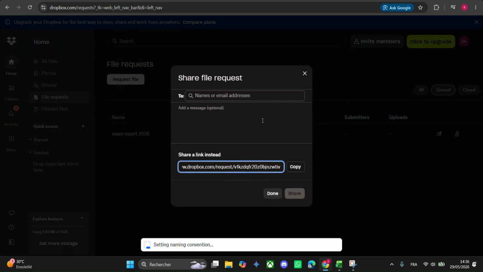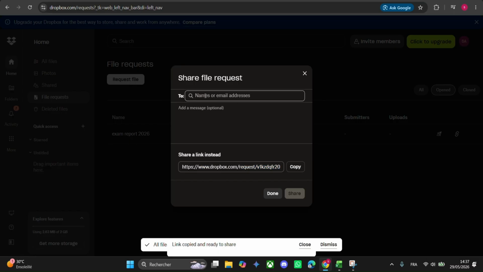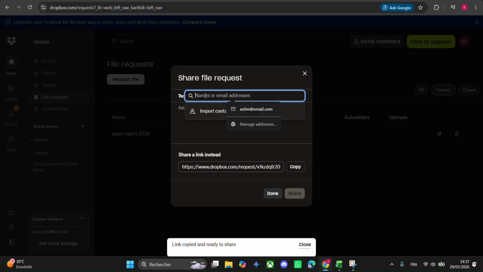Now you can share this link for your file request copied, and here add your email address of your request person you want to. Also, we will add your colleagues' emails and request them for this file. This is pretty much it,